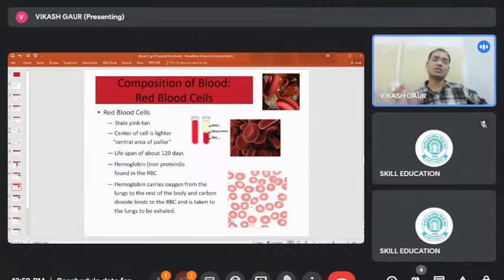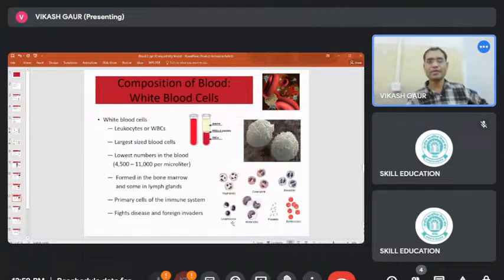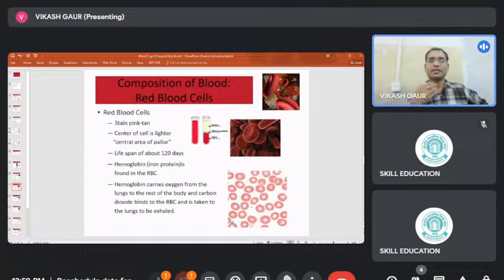So it is the main transport carrier for both oxygen and carbon dioxide. Oxygen binds with hemoglobin and is transported as oxyhemoglobin, and carbon dioxide binds with hemoglobin and makes